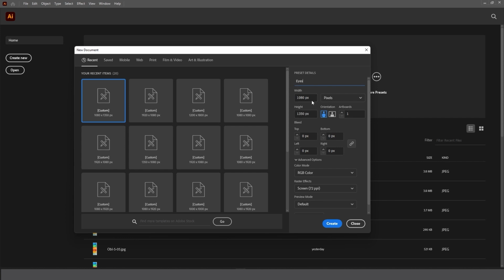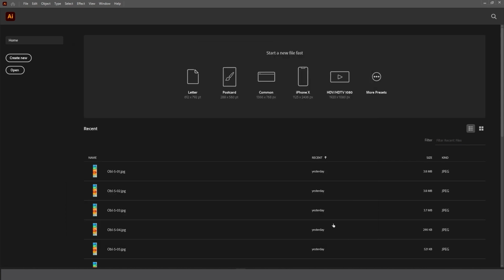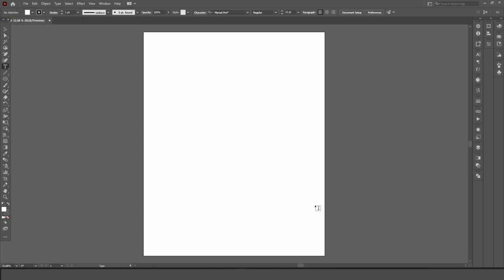Set the size. I have a post size of 1080 by 1350 pixels. The number of artboards is 1. Next, the color model is RGB and the screen resolution is 72 pixels per inch. Click Create. Good. This is our work area, but I want to step aside a little to make the shape